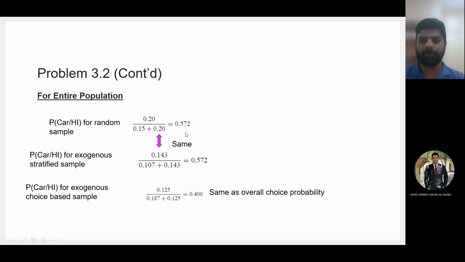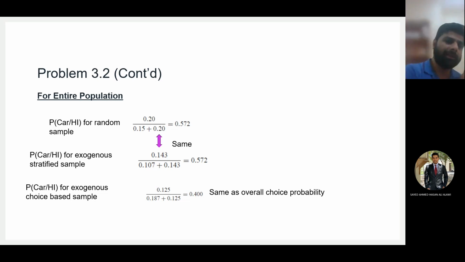Okay, so there is a 57% possibility a car user will belong to the high income group in the population or in a random sample, and the same is for a car user belonging to the high income group in a stratified random sample. Okay, so in both cases we have the same possibility, and in this case we call this independent. If you go back to the previous topic, you will see that when the conditional possibility is equal to the possibility overall, then we call it independent. Okay, so the stratification did not change the possibility of someone in the sample.